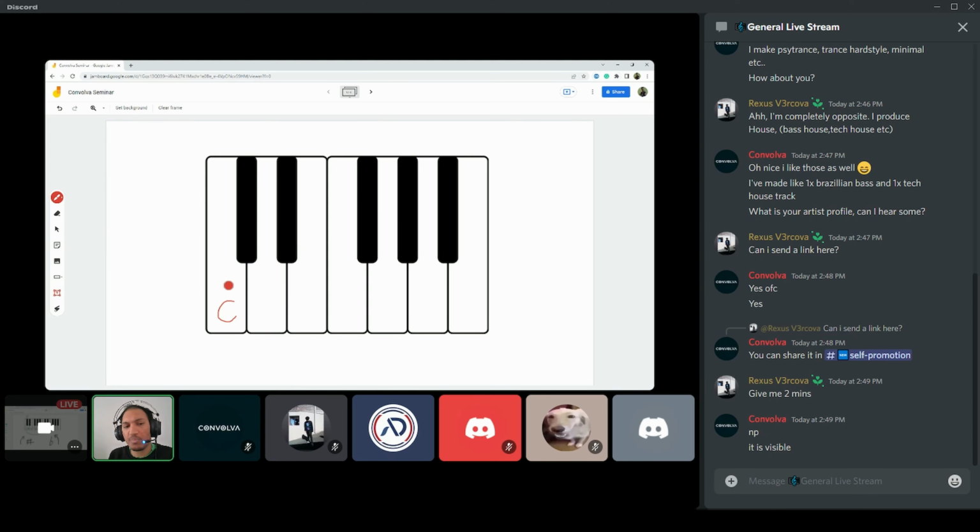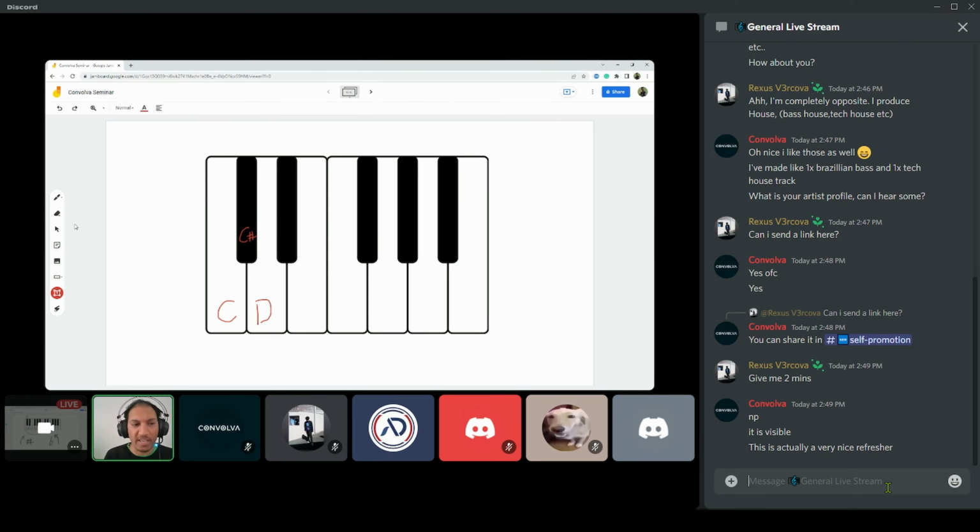We have C. If we go up a semitone, this becomes C sharp. And if we go up another semitone, this becomes D. However, from C to D, we don't call that a semitone. We'll call that a tone. So let's write those names down so it's much easier. Semitone,